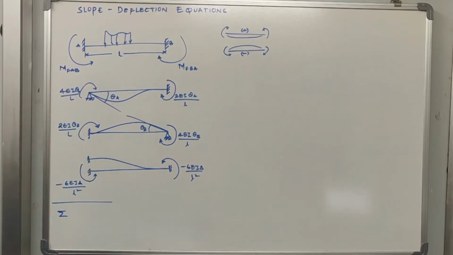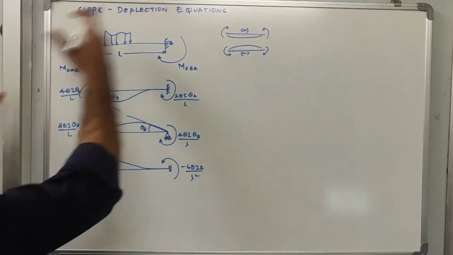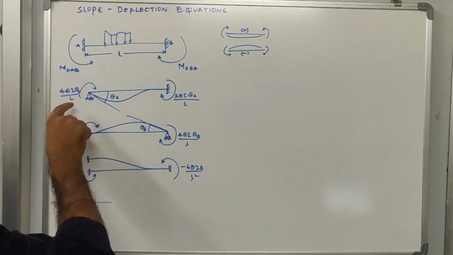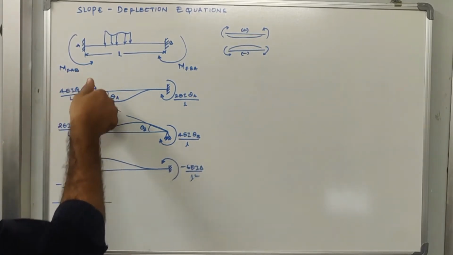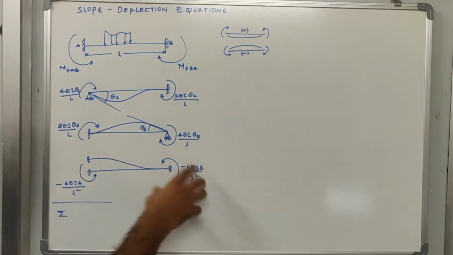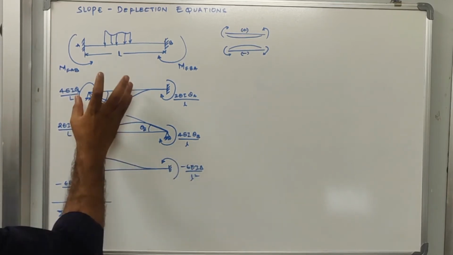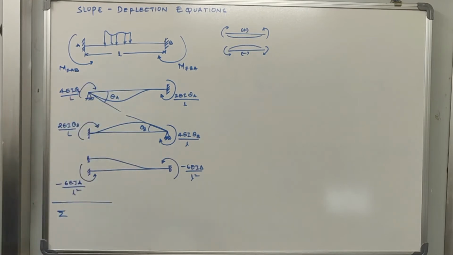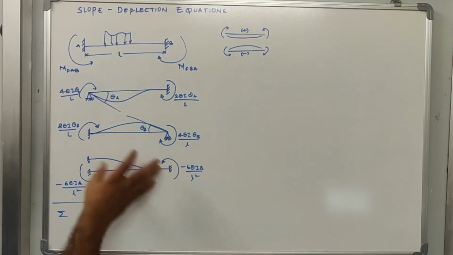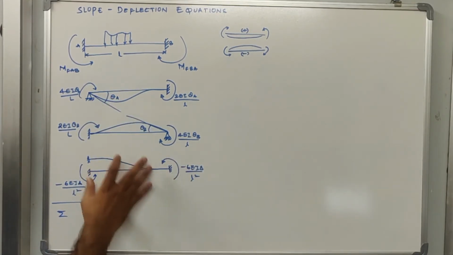How do we come to this conclusion of the slope deflection equation? In the previous class we were discussing how to calculate the fixed end moments, and I also explained what the moment required to create the unit rotation is. Then this is the part of the derivation which I have not solved. This is similar to the equation that I solved here. If you refer to the previous derivations, you will come to know how to solve this also. Anyway, I'll deal with this later also.